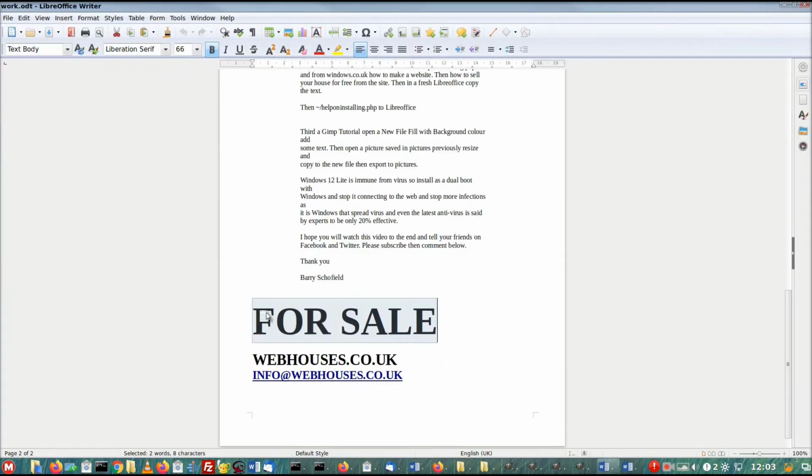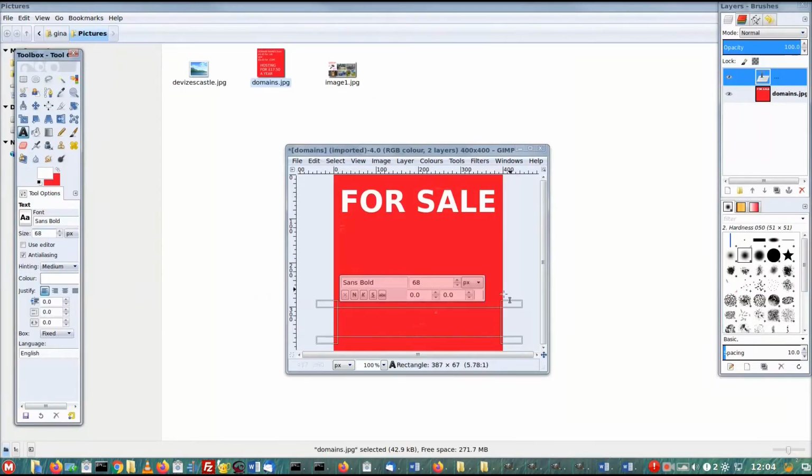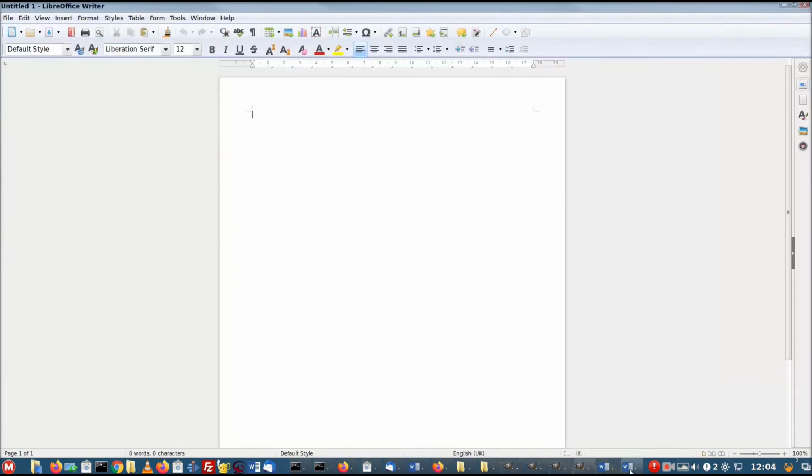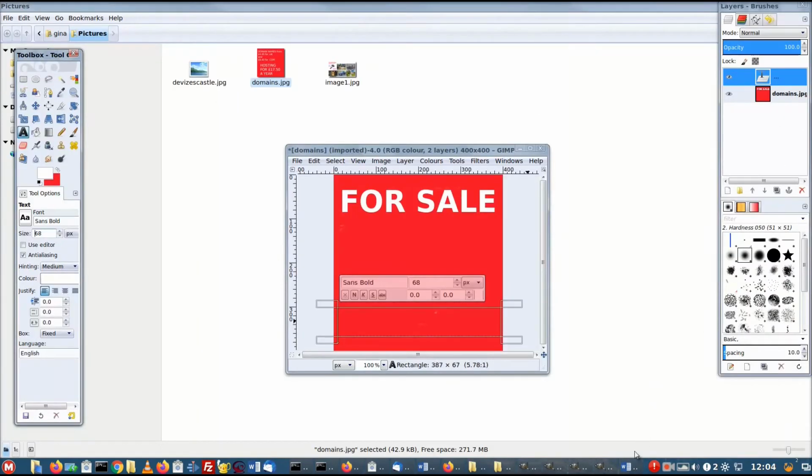So now we go to the text, the text tool. But before we do that, we change the colours over to make the foreground white, so we can have white text. So white text now, we go to the text tool and we make it in bold. Yes, we'll make it bold. And now we can set a text box there,